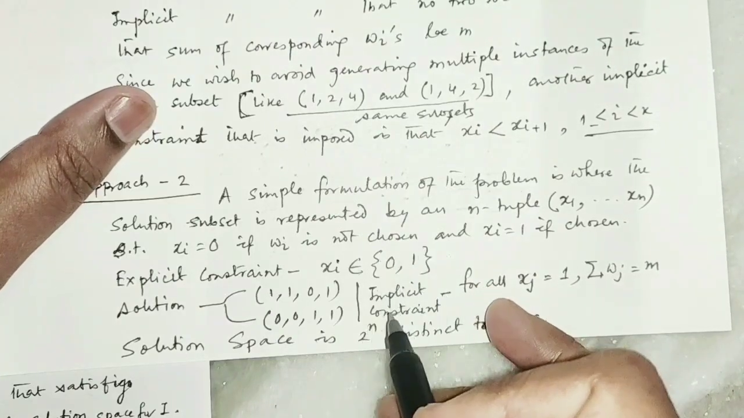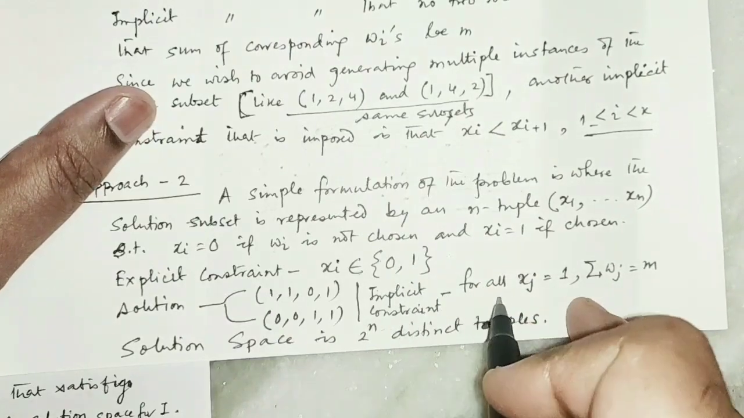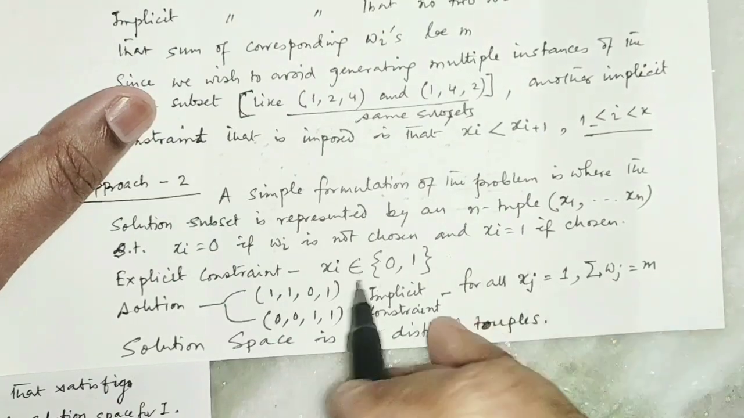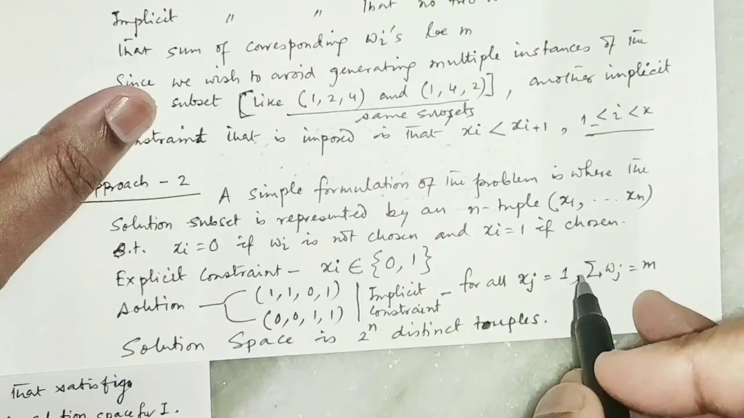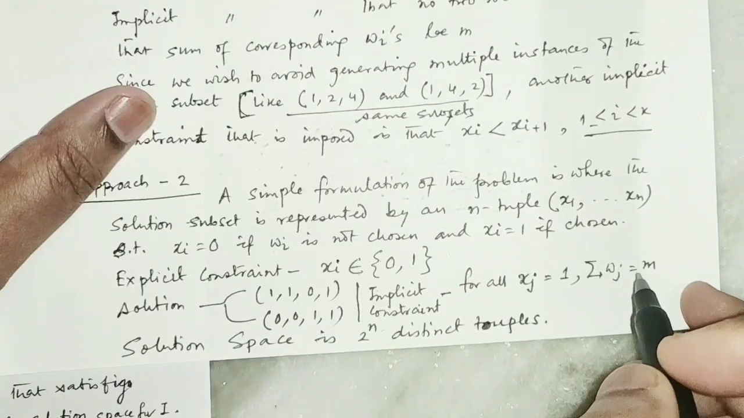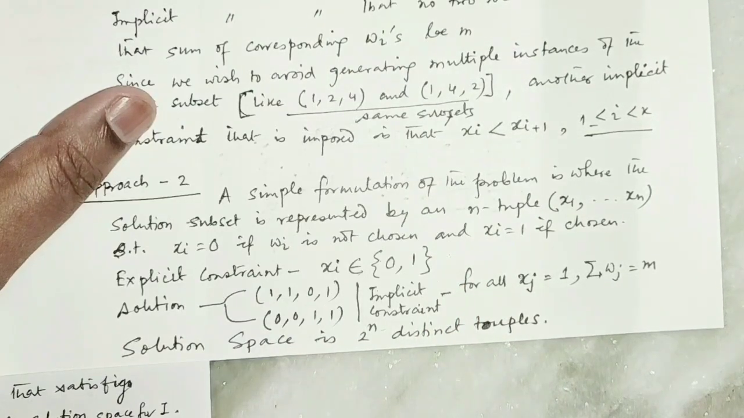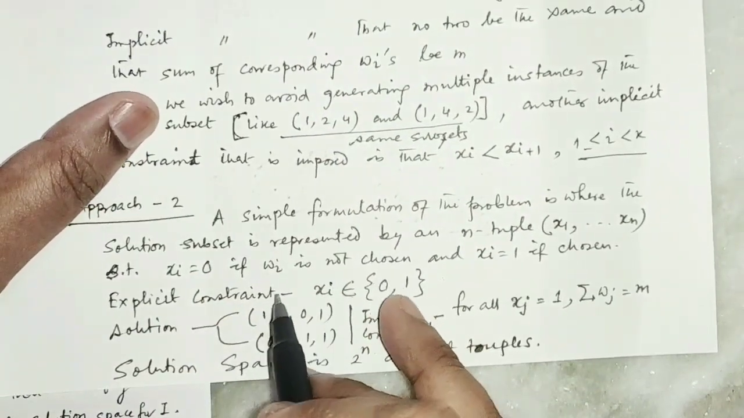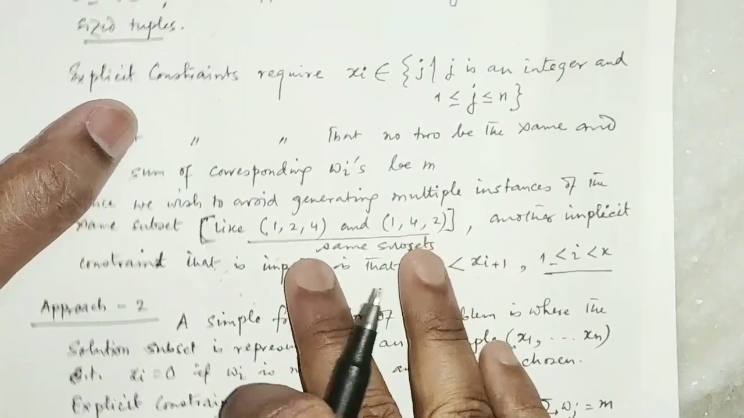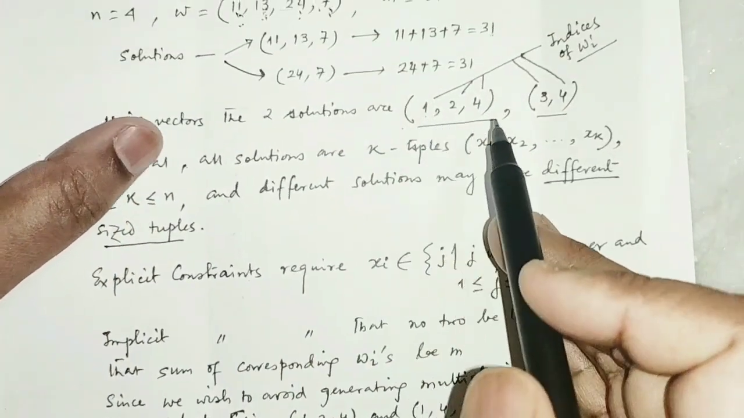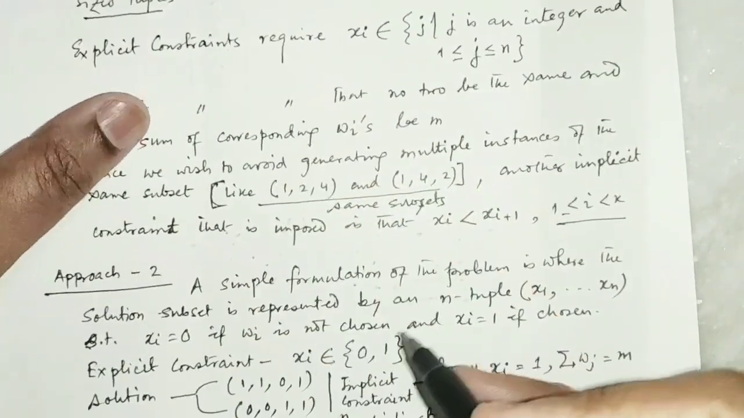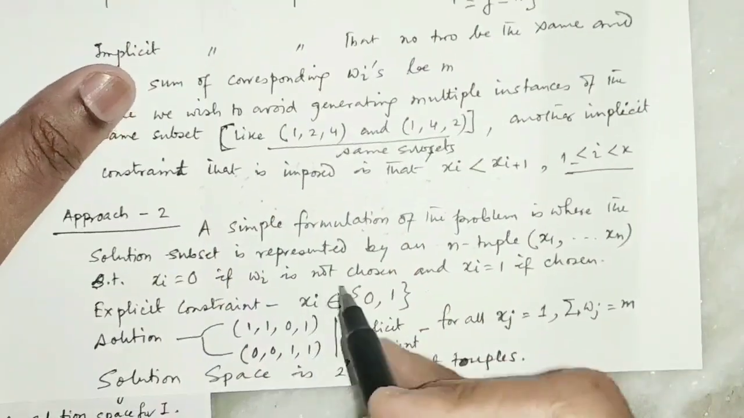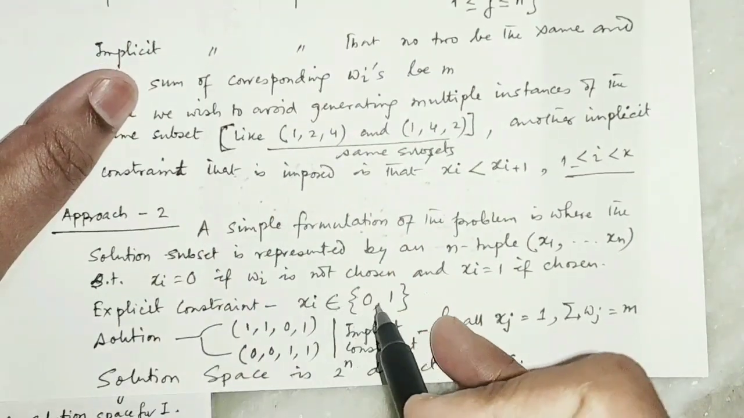And the implicit constraints will give you all xj equal to 1, that means those for which the summation of wj equals m. If you take this combination, the summation is 31, because the first item, second item and fourth item are taken. So this is another way to represent the solution of the same problem, where the explicit constraints are 0,